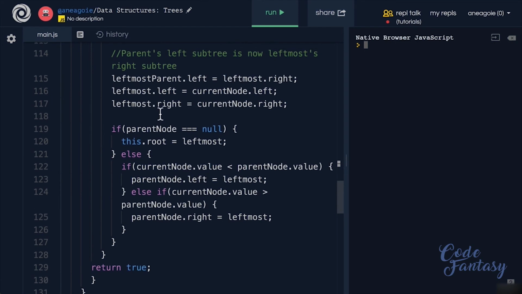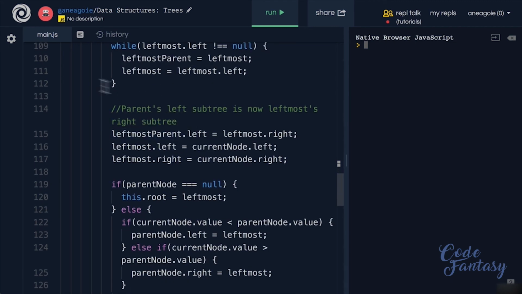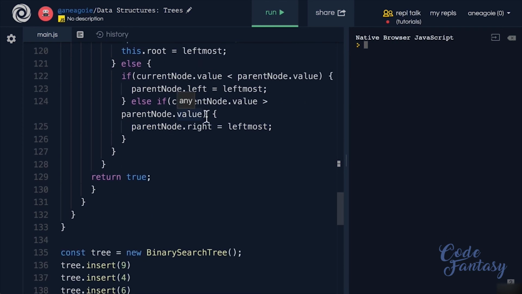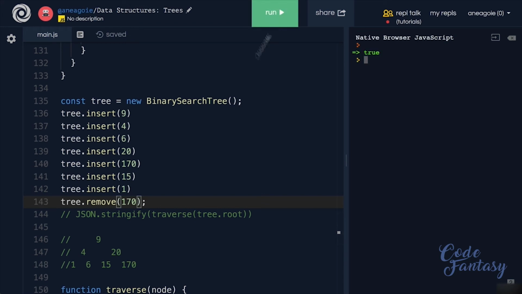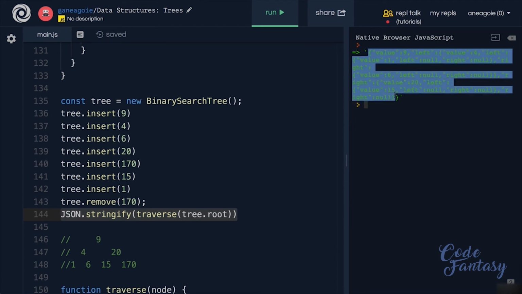So I do recommend, if you weren't able to get the remove function, to go through this step by step. I'll link to the code right in the resources so you can play around with this and see that it works. But to check that remove does in fact work, let's say I'll remove 0 from this list. If I click run, I get undefined because there's nothing to remove. But if I remove, let's say 170 and I click run, I get true. And if I traverse our list and try and grab our tree now,